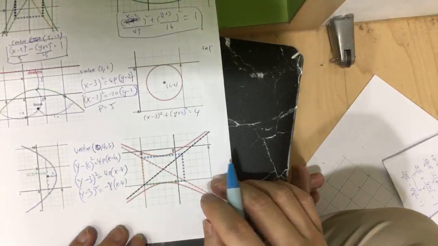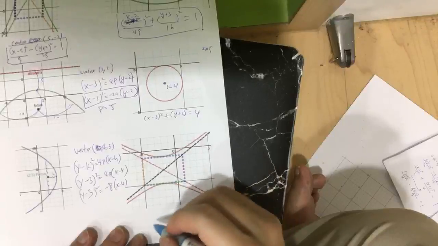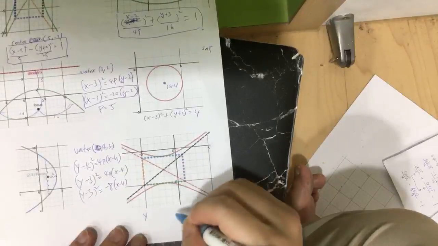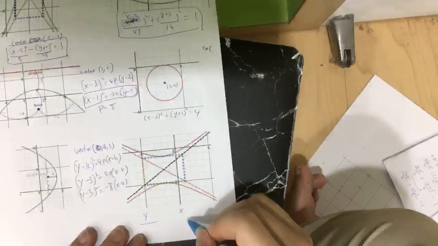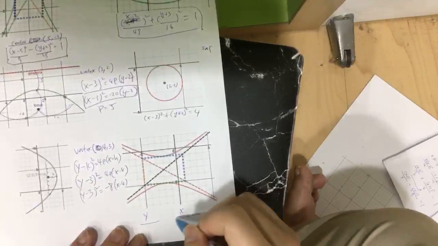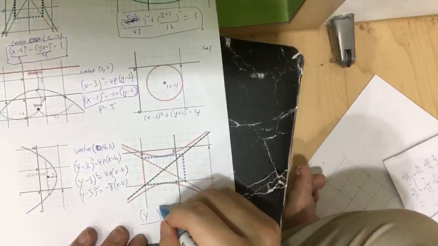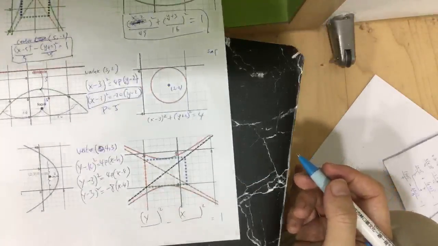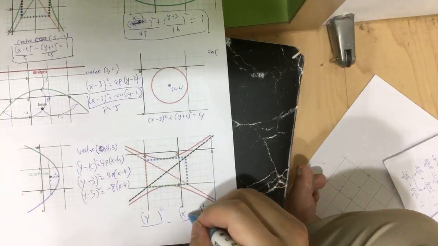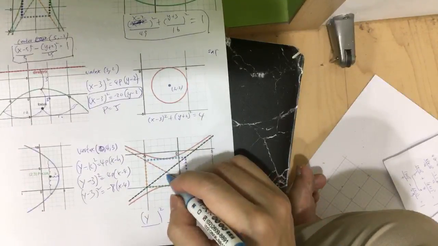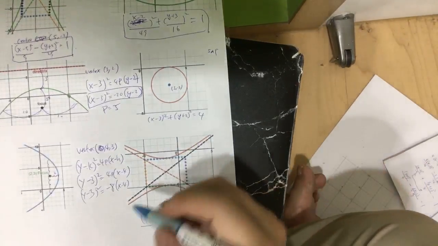Now we're going to come down to the last one. The last one is here. Well, we know it's y first and x comes second, because this is a y hyperbola, and it's equal to 1. This one's minus. This one's something squared, something squared. Now we just have to figure out the center. Center is 3, so it'd be minus 3 and plus 3. Okay, because the center is at